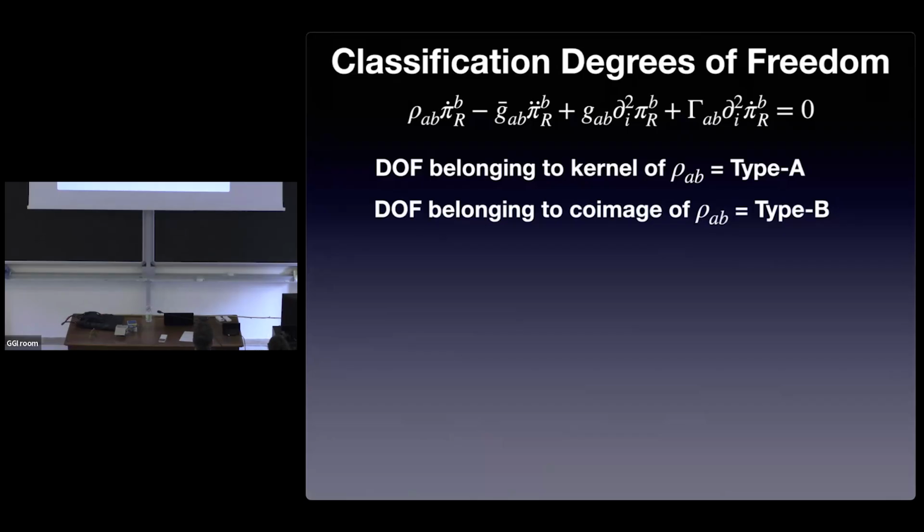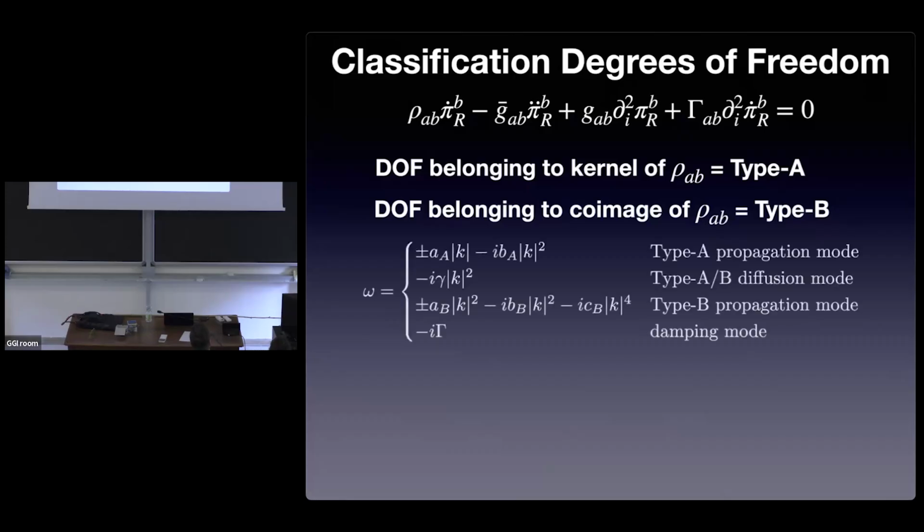This means for the type A mode, you can forget this term here. Then you will have this term. But this is the ordinary equation of motion for the closed system. On the other hand, when this term is non-zero, that corresponds to the type B mode, and then we will have some type B energy mode.